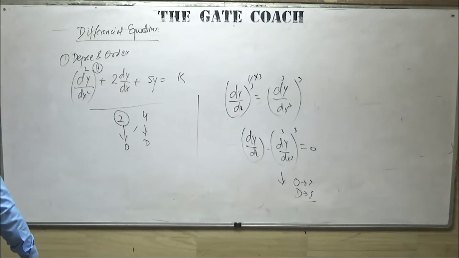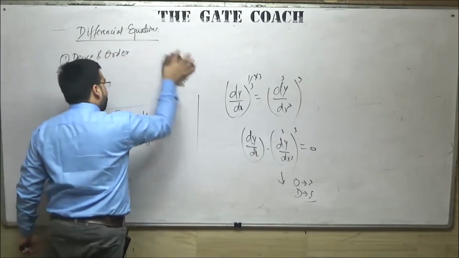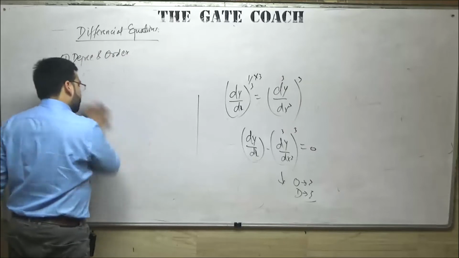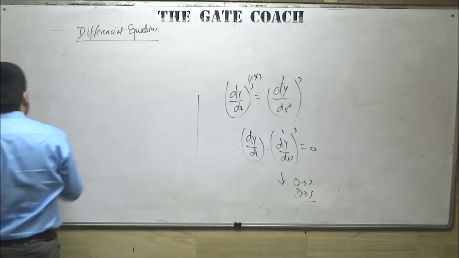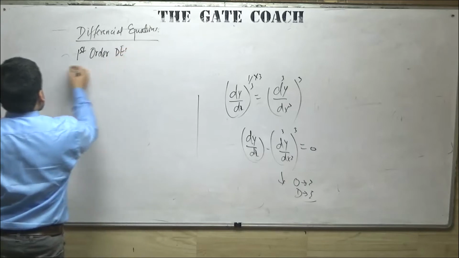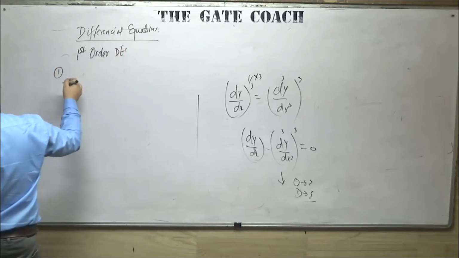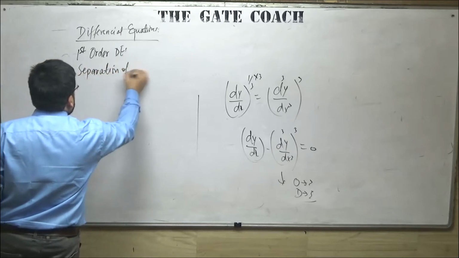After the order and the degree, we discussed various types of solutions of differential equations. How to form the differential equation, I am not going into detail, as we have already discussed it in the class. After this, we discussed the first order differential equation. The first thing that we have is the separable or separation of variables form.